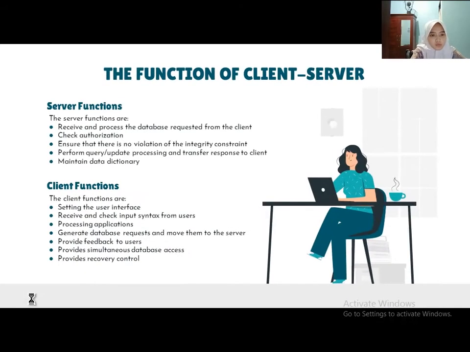The function of client server. Server function. The server functions are to receive and process the database request from the client, check authorization, ensure that there is no violation of the integrity constraint, perform query or update processing and transfer response to client, maintain data dictionary,